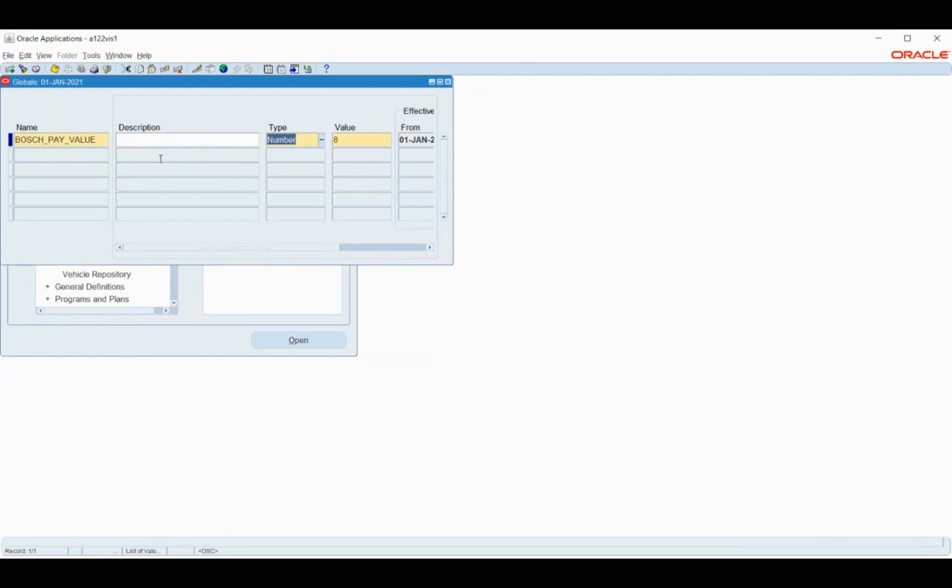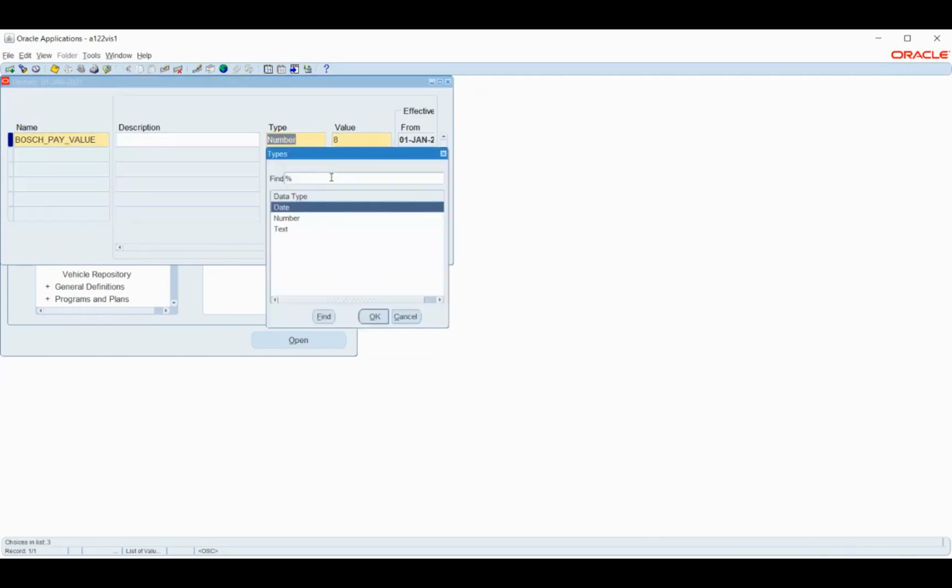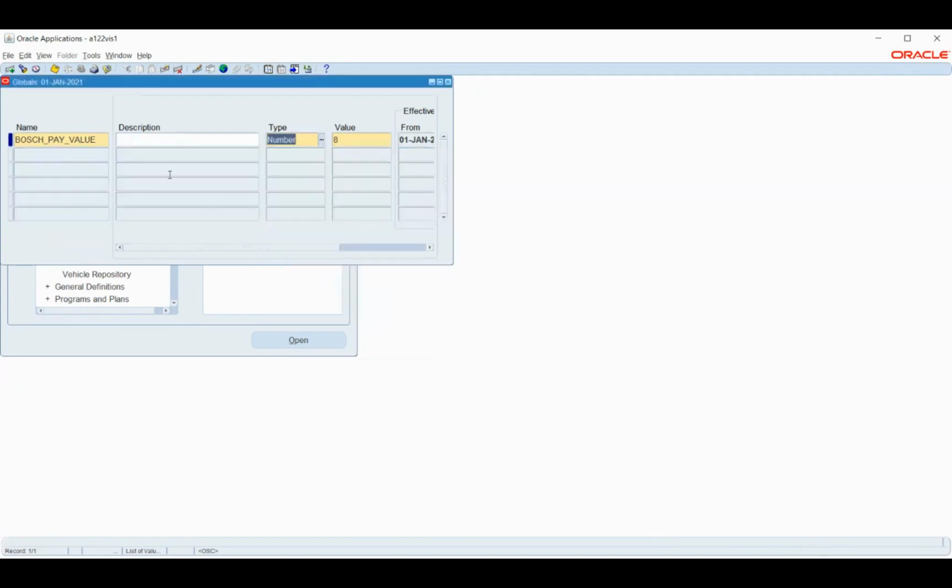But if at all there is a rare case we want to capture the employee name, so we will change this type from number to text. Ours is number, so I'll say this, and the value is nothing but the limit that I can use. Here I'm saying it is 8, so more than 8 I'll not be using. Let me save this, and